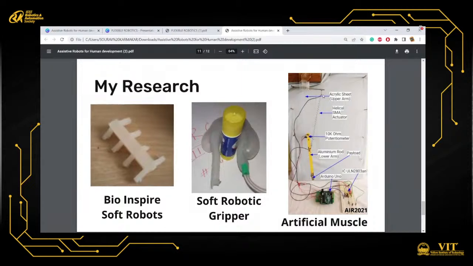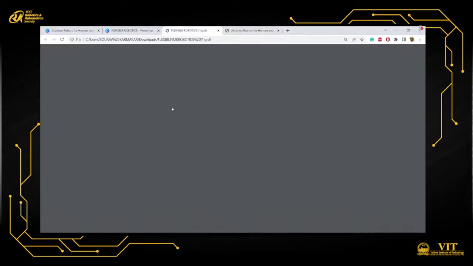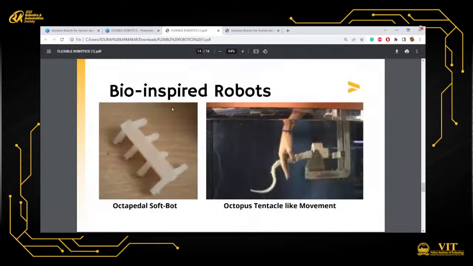So this can also be a part of different exoskeleton modules, but to see how it will be operated, because when you go for customization, there might be some limitations. Okay, then I will go for the direct flexible robotics. So till now we have talked about